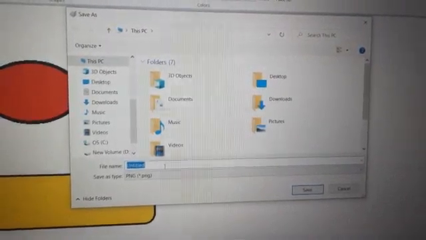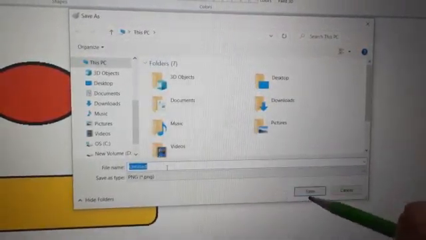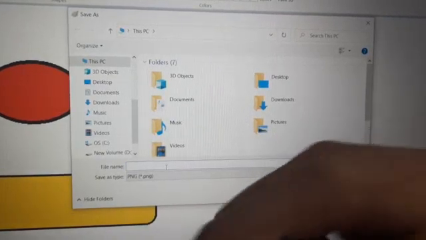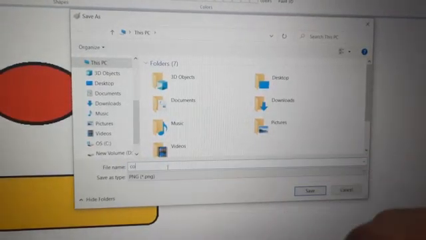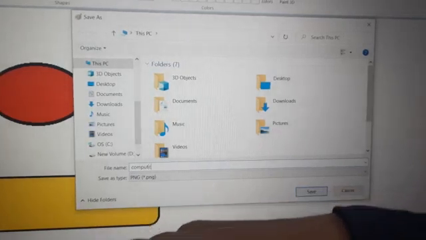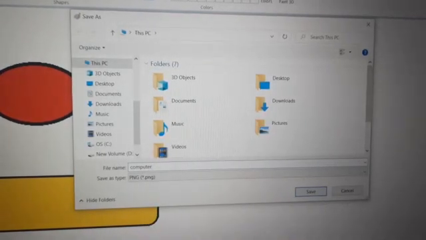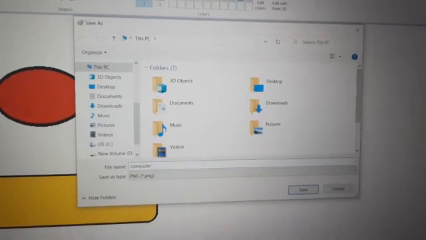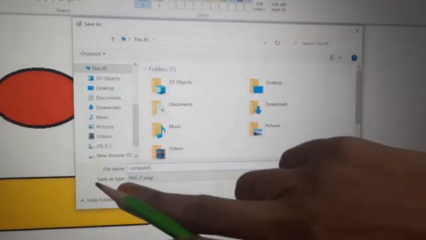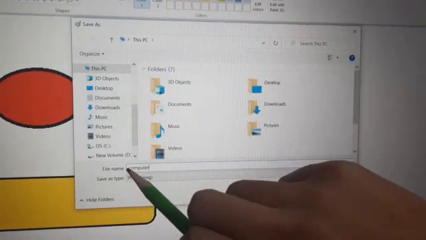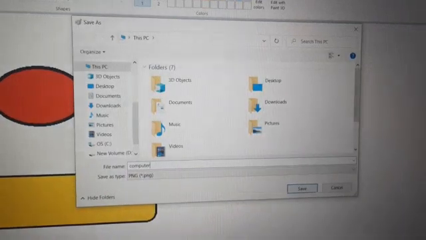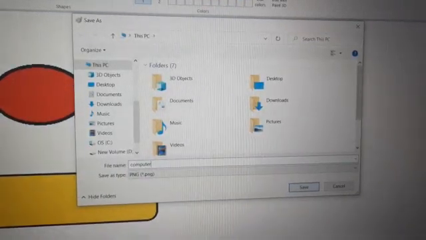Alright, any name of your choice. You can give your name as well. Like for example, I am giving a name of computer. Okay, so I want to save my drawing with the name computer. So I have written the name computer here. In file name, you will write the name of your drawing, of your choice.